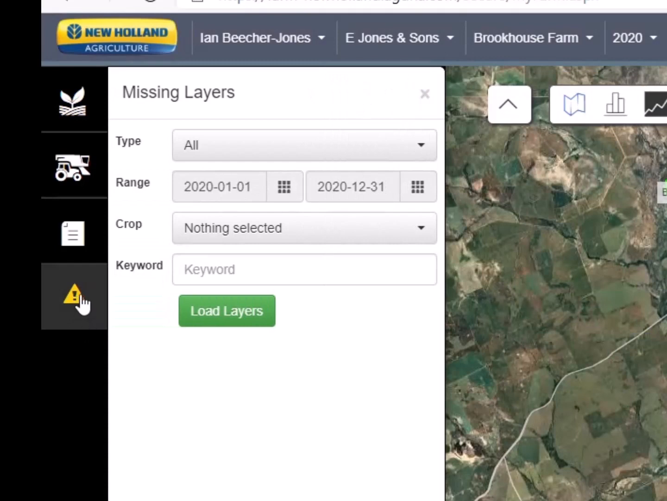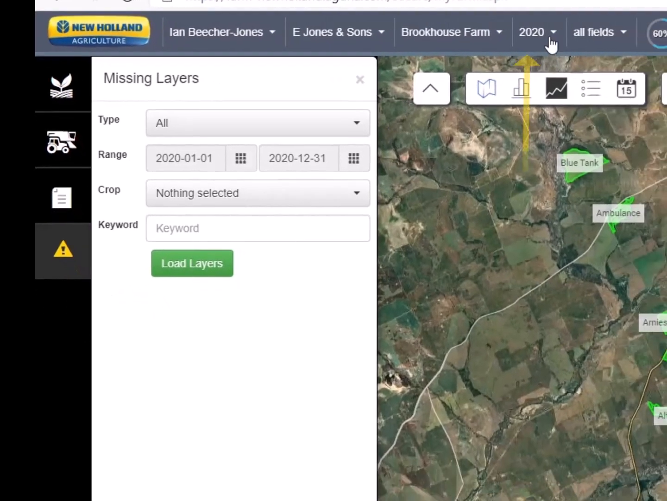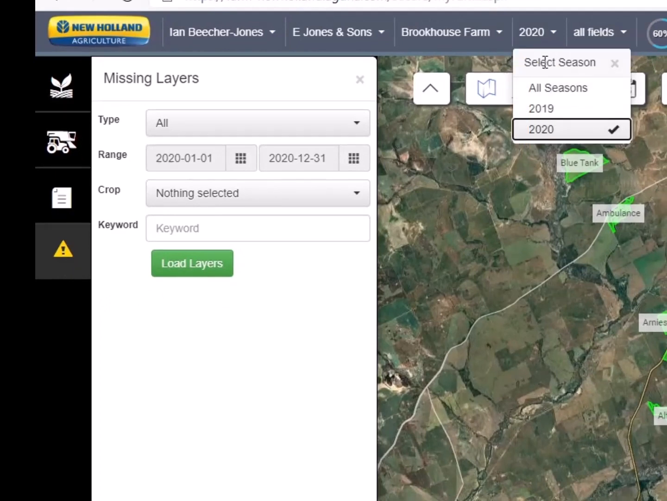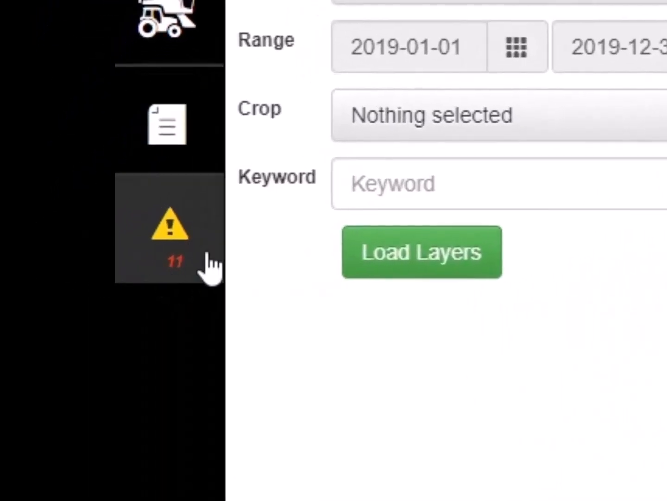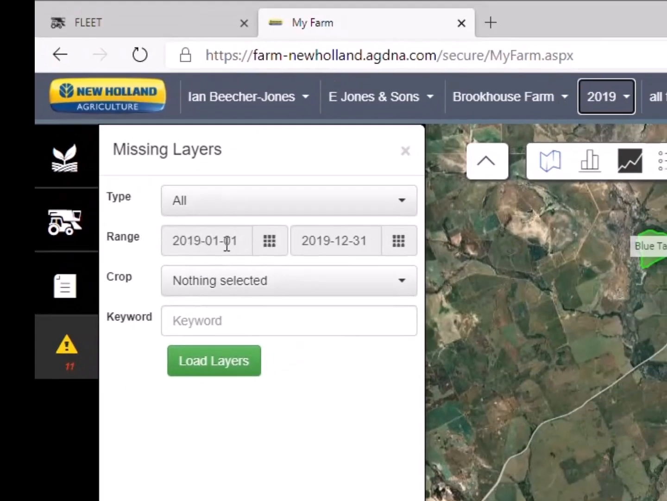Click missing layers, and we actually don't see anything in here, even though it says missing boundaries. The key button to check here is 2019, so it's all seasons. So when was the harvest done, rather than when we were bringing the data in. If we click 2019 now, we see that we have 11 items of missing layers, and we'll click load layers,